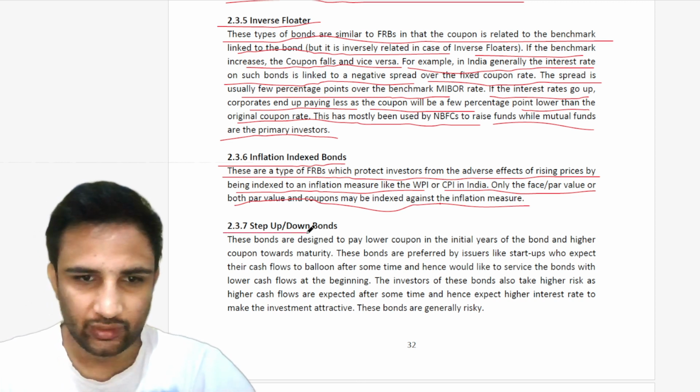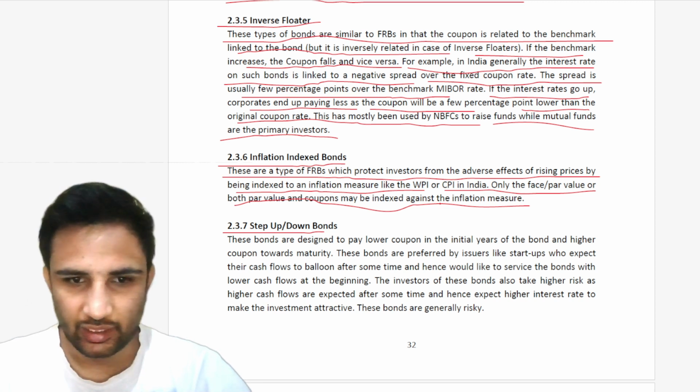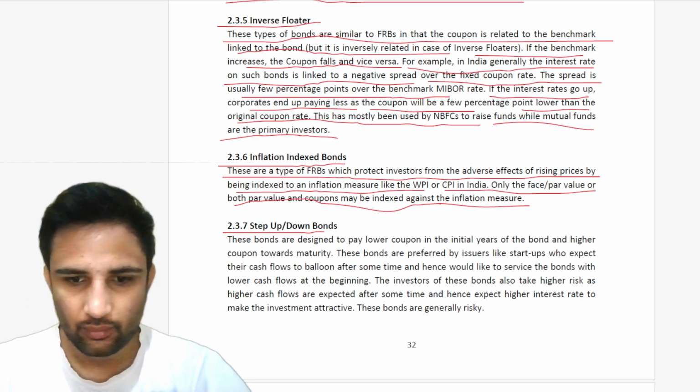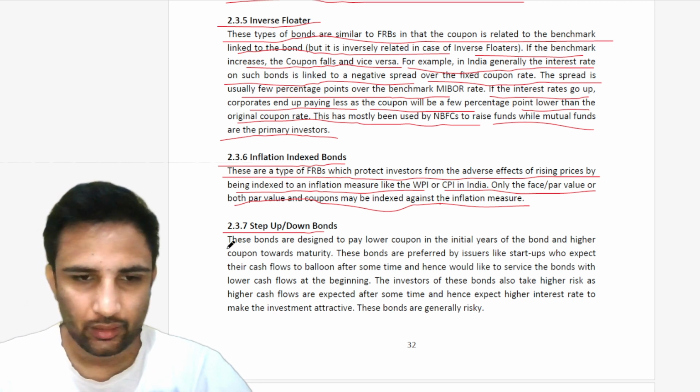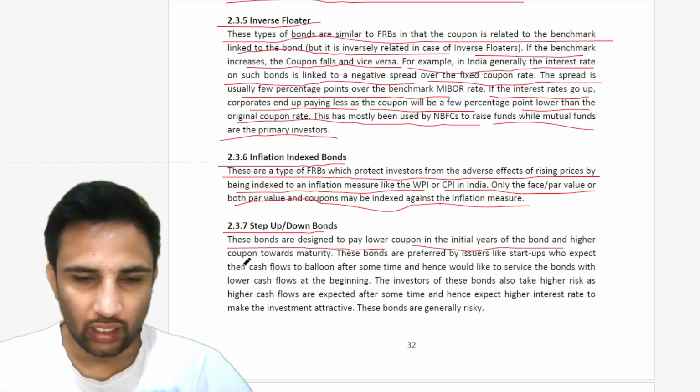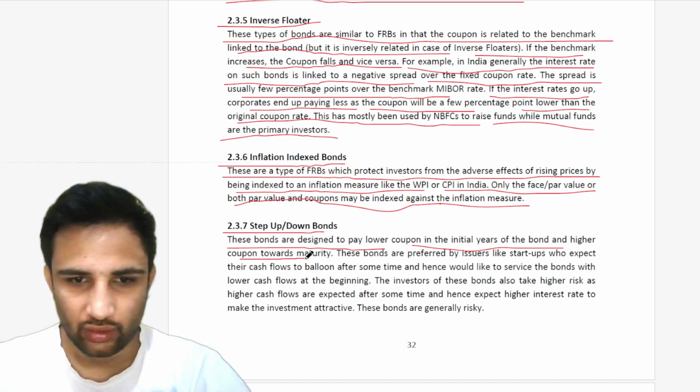Chapter 2.3.7 Step up bonds. These bonds are designed to pay a lower coupon in the initial years of the bond and higher coupon towards maturity. These bonds are preferred by issuers